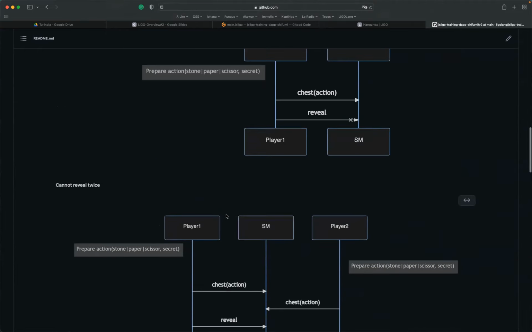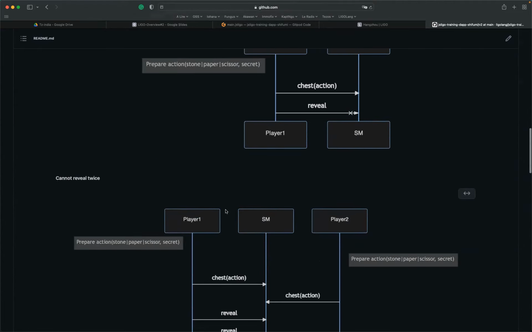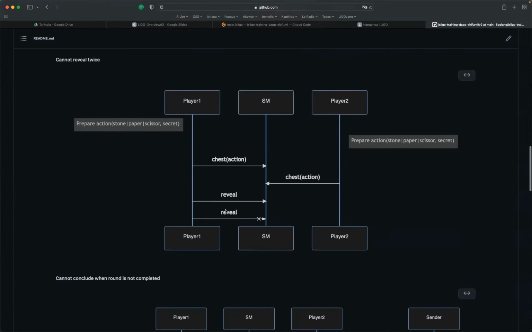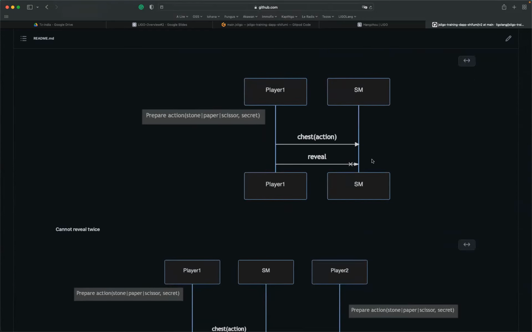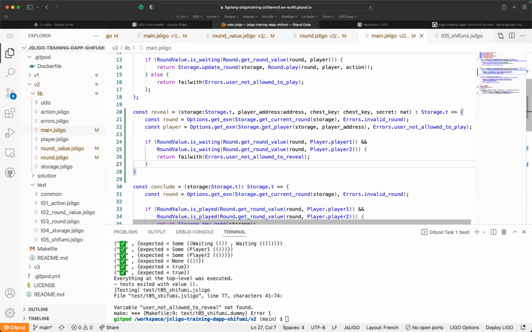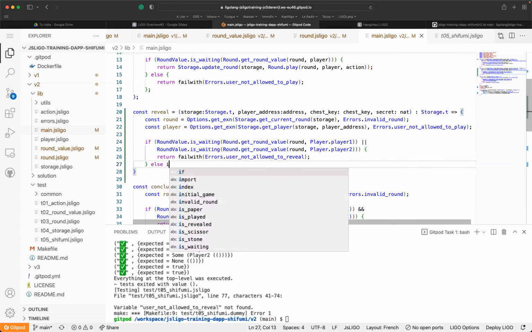that the reveal cannot be done, for example here. We cannot do the reveal here because the second player has not played. So this reveal should be rejected. This is the role of this guard. So if player 1 is waiting, or player 2, not and but or, if one of the players is in the waiting stage, we have to reject the reveal. Otherwise, we already have an unfair game. This is what we don't want to do. And if